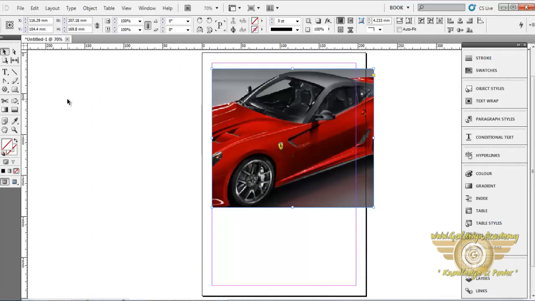Then after, choose the eyedropper tool. Make another object. Using the eyedropper tool,